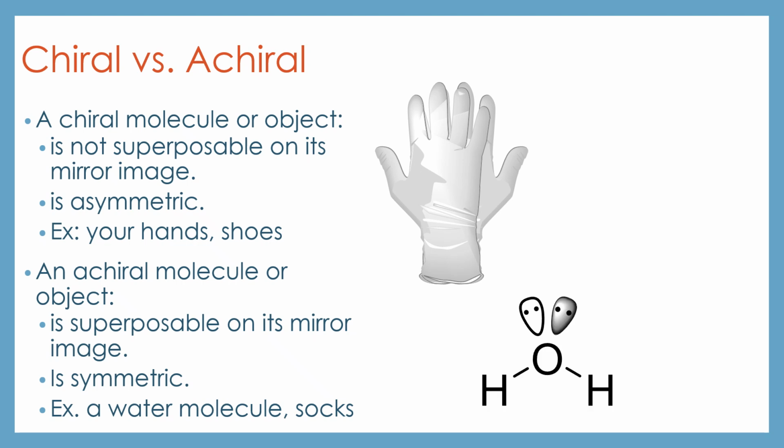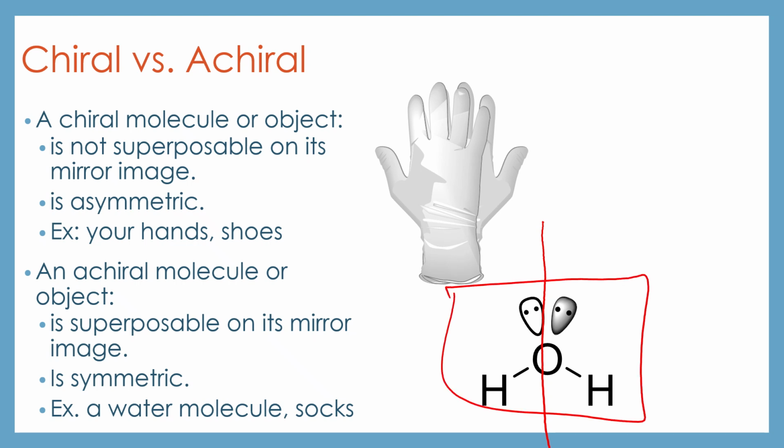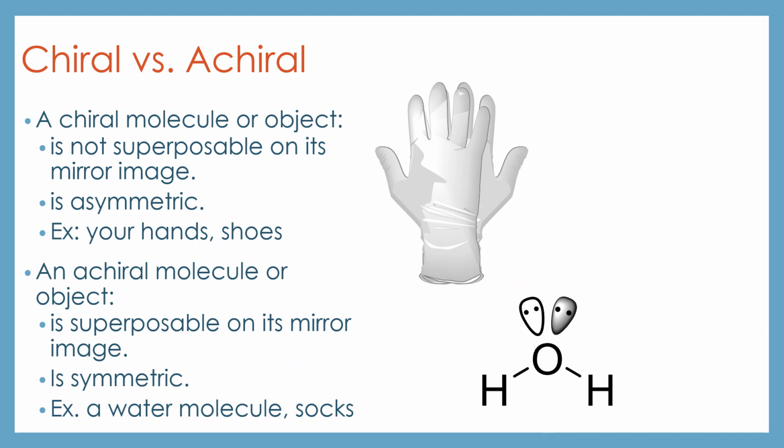So a water molecule, the electron pair is being drawn kind of in 3D here. So this pair is coming towards us, that pair is going away from us. There is a plane of symmetry running right through the molecule. You could also draw a mirror plane that separates the two lone pairs, and that would also show you how water is symmetrical. You could take a molecule of water and place it on top of another, and everything would